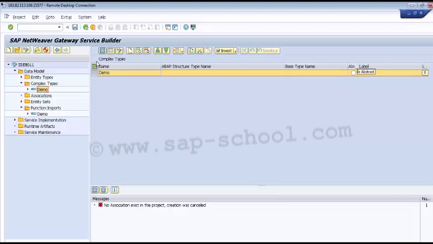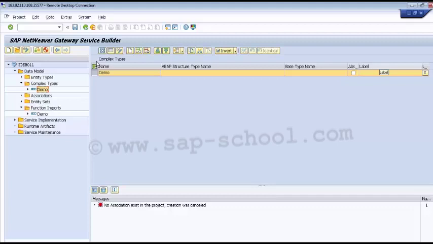Then we have is abstract. In the is abstract column, we have to select the checkbox if the new complex type is of type abstract as opposed to concrete. By default, this checkbox is not selected. If we set the type as abstract, our service implementation has to use a concrete derived type at runtime.